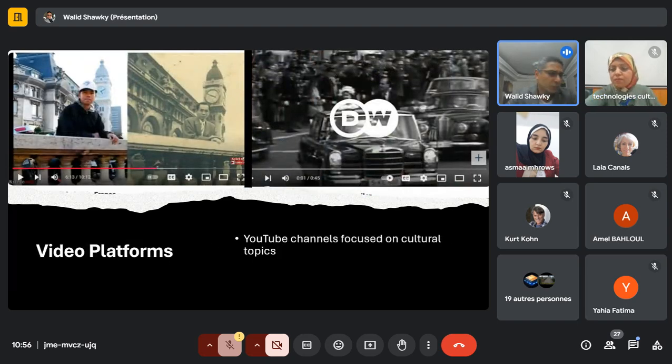Another example here is video platforms such as YouTube. The ones that we have on the screen now, there is a video about Queen Elizabeth from Deutsche Welle channel, the German channel, and there is another one here on the left side about a Japanese tourist who was telling about differentiating between his life and his grandfather's life at the time. They took the same picture in the same place. So this would also help your students to watch a video, relate to it, discuss, and the teacher is also responsible to create reasons for interaction among students.